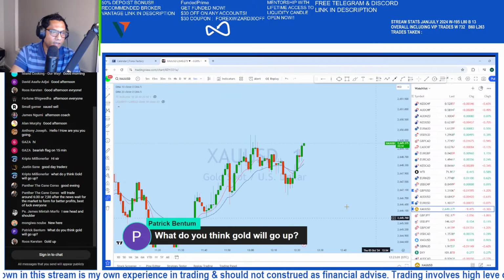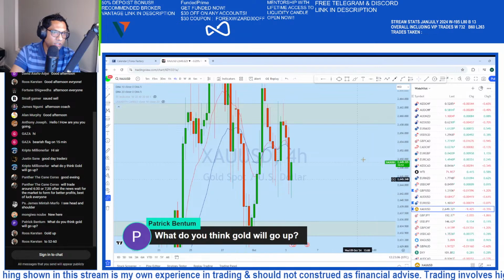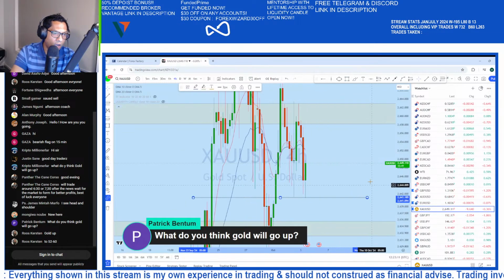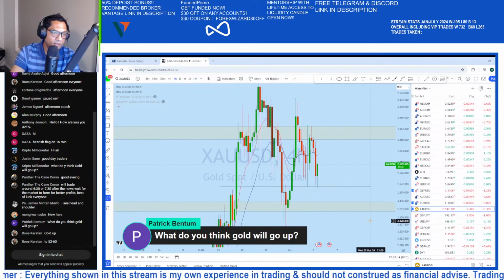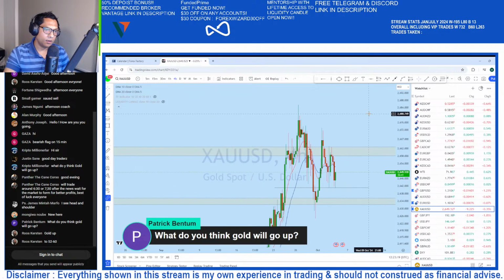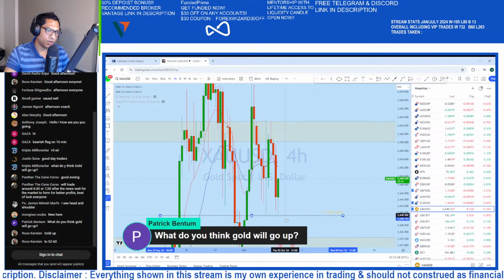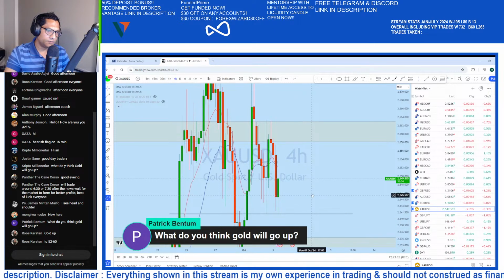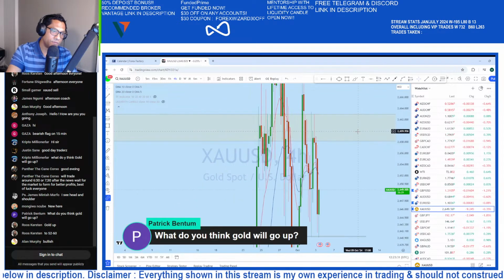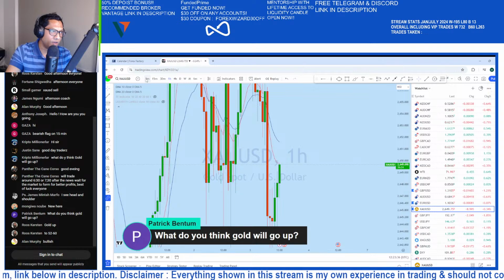Okay, so here, from the intraday, we see that there is a support here. So you think that gold is going to go up, and I think that gold also, this is a support level here. Gold might bounce back up, and if you look at this lower time frame,